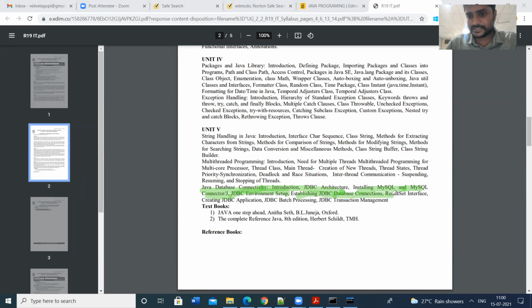We have seen that 7 steps, and then result set interface. We have seen the result set interface and programs also. Then creating the JDBC application. In this, we have seen the creation of the table, insertion of the tuples, deletion, updation, everything we have seen. And then we have seen the JDBC batch processing and JDBC transaction management. So this is the end of the Java programming.